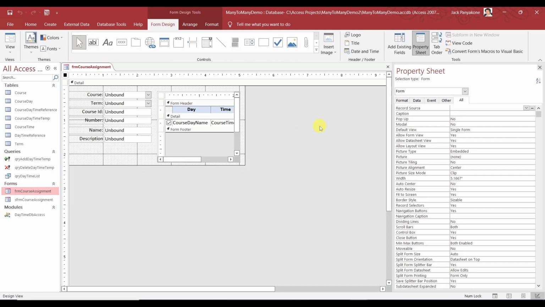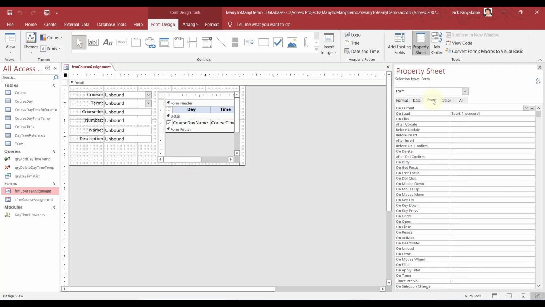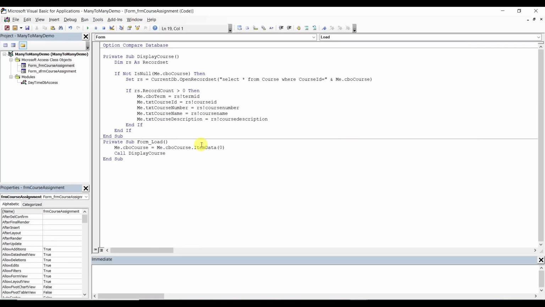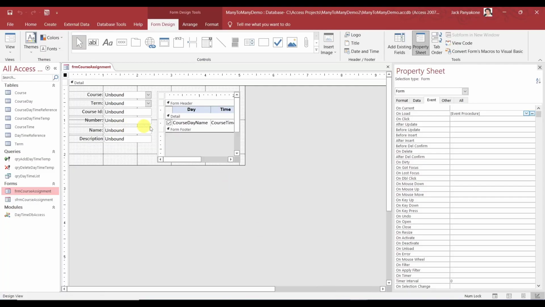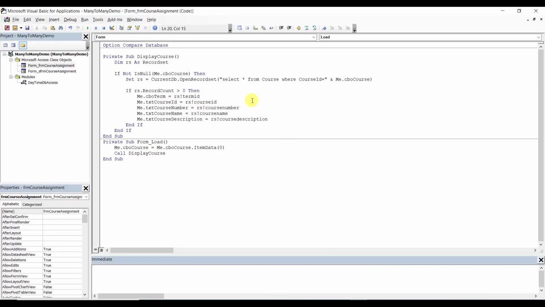First off, let's go to the unload event here. You see, we did that, and remember I said we want this list to be based on the course day, the selected course. So what we need here is